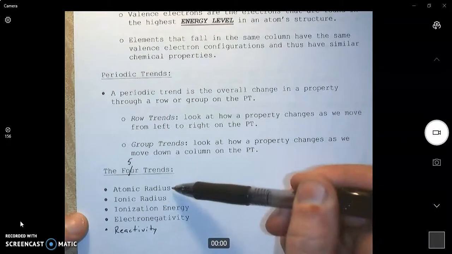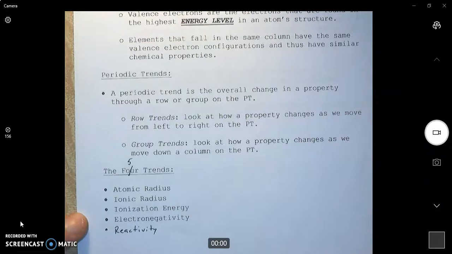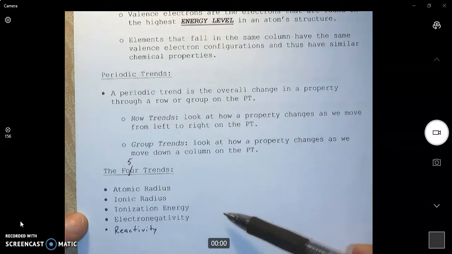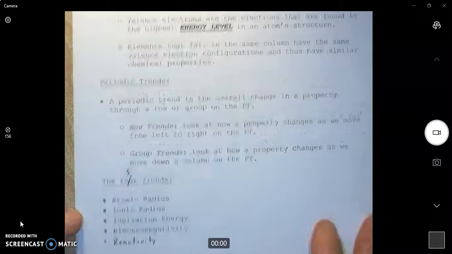We're going to get through atomic radius, ionic radius, and ionization energy this week. The rest of it, we'll go deeper into ionization energy on Monday of next week, and then we'll finish up electronegativity and reactivity through the rest of the week. So